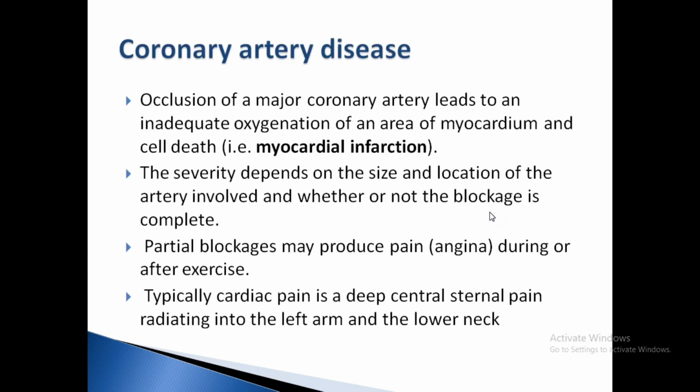Now, coming to coronary artery disease, we have discussed the two coronary arteries, the right and the left coronary arteries. From where do they originate? How do they travel? And what are their branches? Then we have discussed the right and the left dominance, that actually it is the posterior interventricular artery which is associated with the dominance of the coronary artery. If it arises from the right coronary artery, it is called the right dominance of the coronary artery, and if it originates from the left side, it is called the left dominance of the coronary artery.